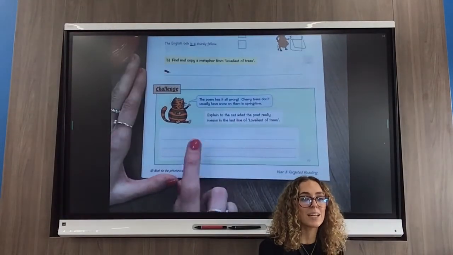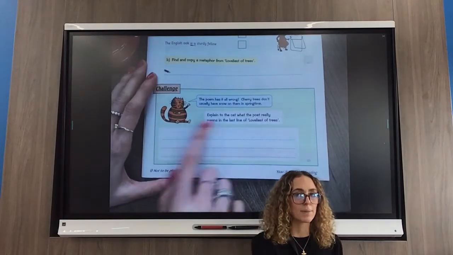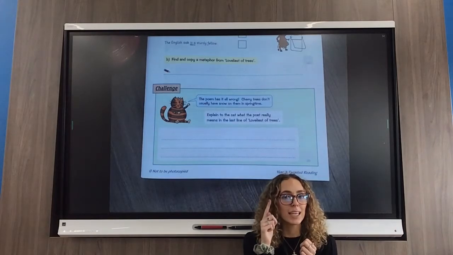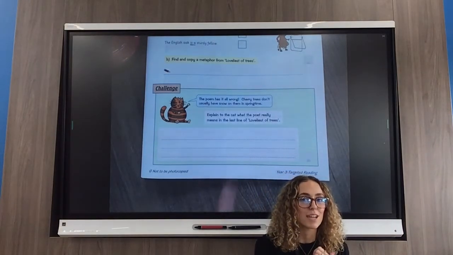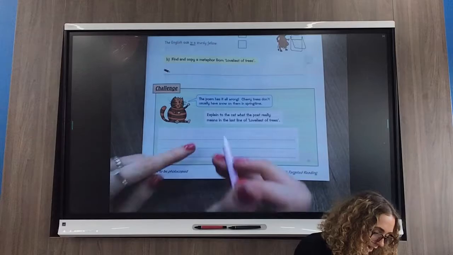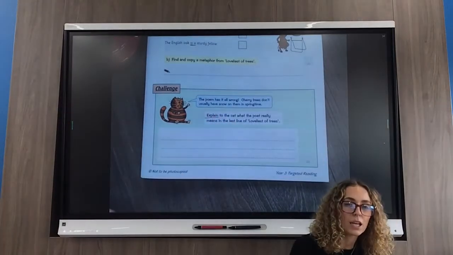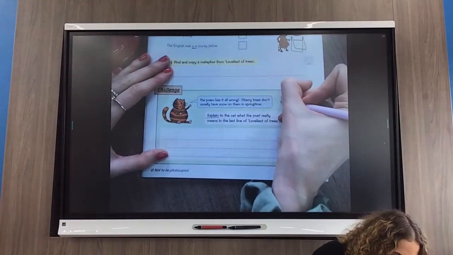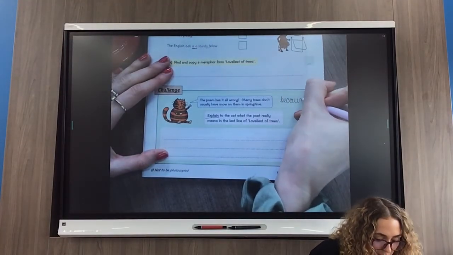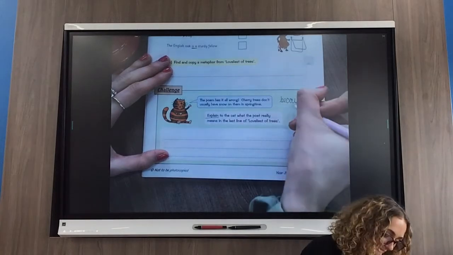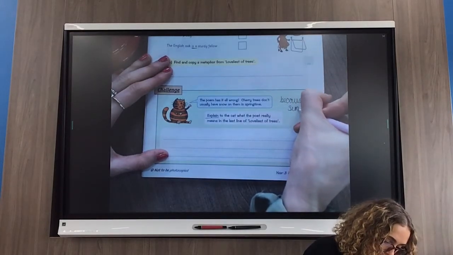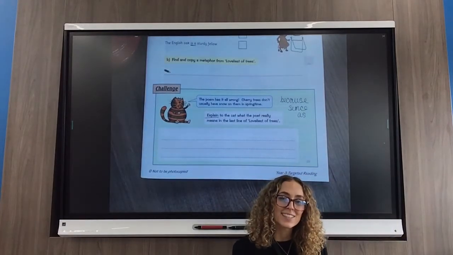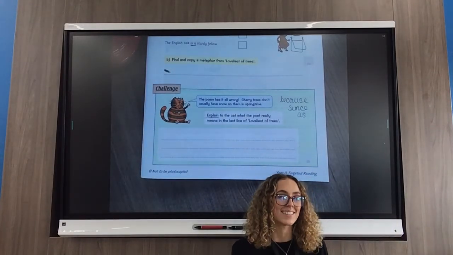Okay, so this one is a challenge, so you might find this one a little bit tricky, so I don't want to give anything away with this one. So I will be looking out for those sentences that really impress me. And remember, when the question says explain, what do we use? We use the conjunctions because, or what is one that Miss Morgan loves you to use? Since, that's right. Or you can use as. Okay, so have a good go at that last one, and I can't wait to see some of your answers.